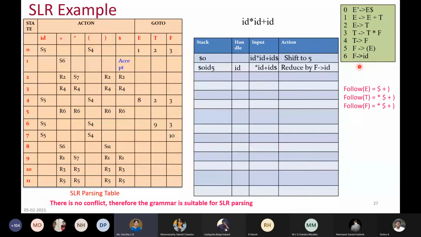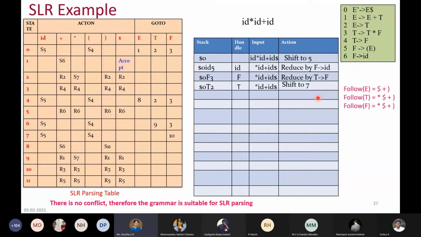R6 is nothing but F gives ID, so reduce ID by replacing it with F. This is similar to the previous example, where we had got the same thing. So maybe I will go further. Here we had a problem in the LR(0) parsing because there was a conflict, and even then I used some strategy and took the shift as a higher priority, and continued.